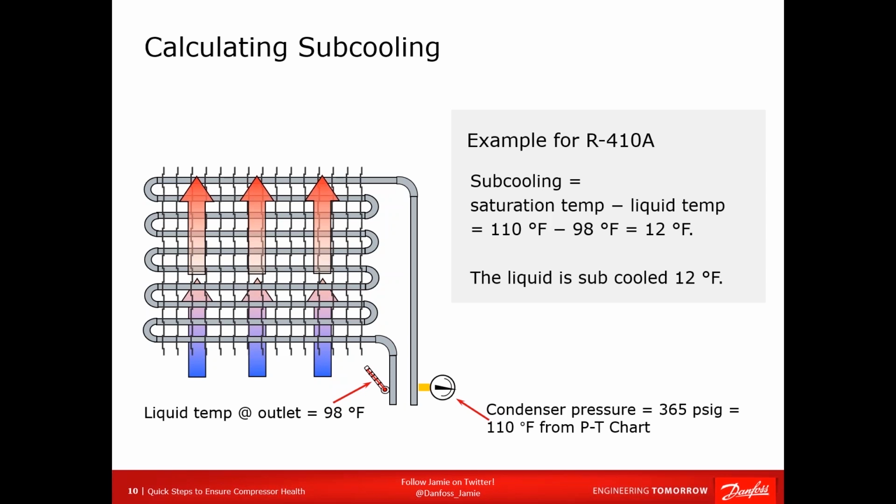And we're going to cool down that vapor to 110 degrees. And at that temperature, it can no longer stay a vapor with 365 pounds of pressure pushing it together. So it starts to condense. And eventually, you're going to hit the wet line in this condenser where you have 100% liquid only. And as that liquid continues to travel through the condenser, it starts to cool down sensibly. And in this case, if it condenses at 110 degrees and it leaves at 98, you have 12 degrees of